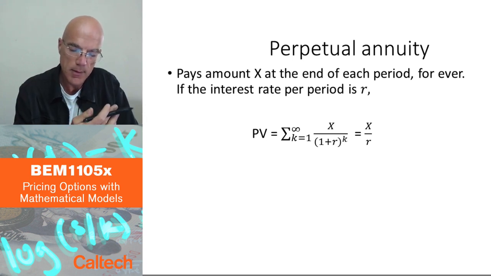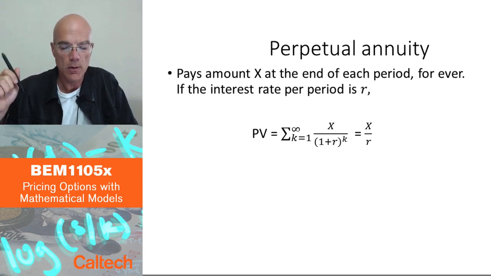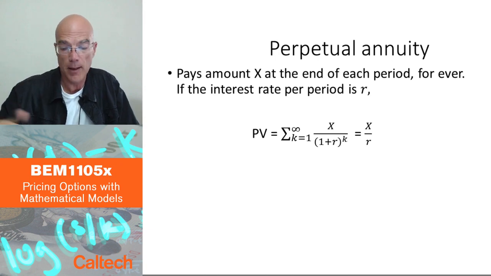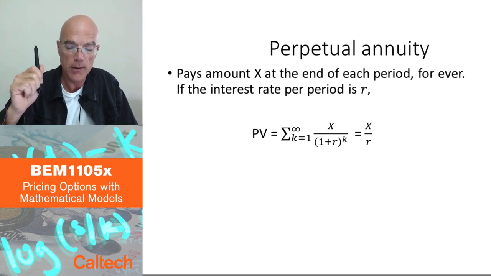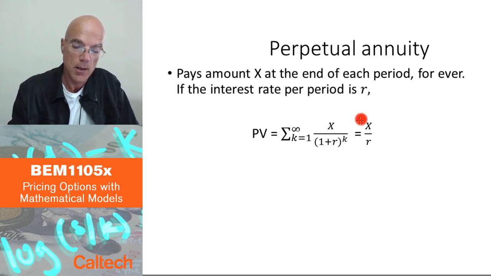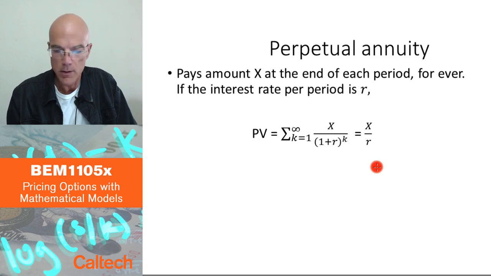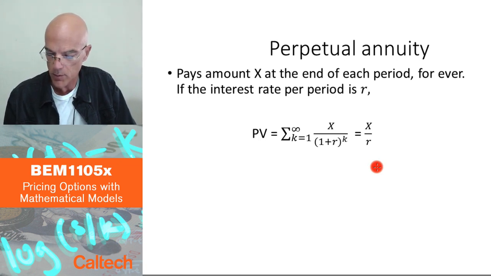This is where the payments would go to infinity. You would say if it's an annuity, you get this like a pension thing, and if you live forever, you get X every month. Then the present value formula becomes easier when M is infinity. It just becomes X over R. We are not really going to need this. I'm just mentioning it in case you see it in books.